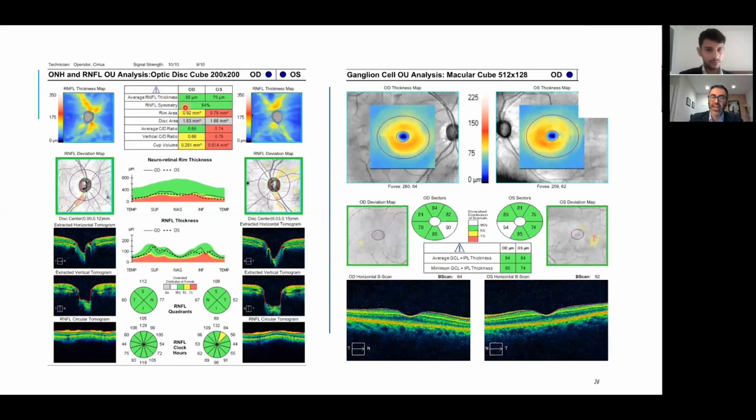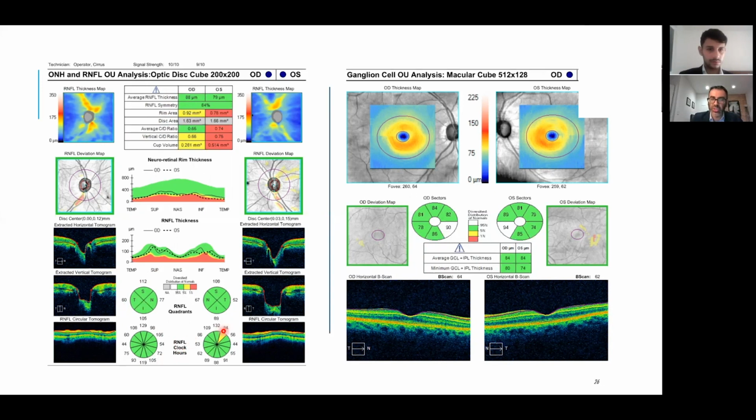Overall, this patient's average thicknesses are pretty good. 88 microns on the right-hand side, 79 microns on the left, and very good symmetry between the two eyes. She does have these large cup to disc ratios. And as you can see here, as I eyeball it, inferiorly, things might look a little bit thin as compared to the superior rim. And that leads my eyes to where I need to look. Although the rest of the metrics in terms of the quadrants, for the most part, look pretty good,